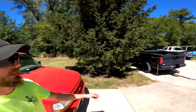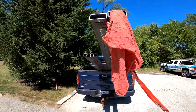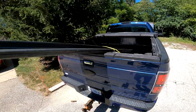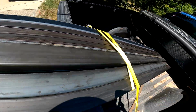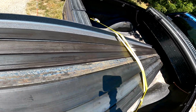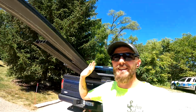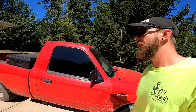What's going on, everyone? So we're working on the Red Ranger today because I went to go pick up some steel. Got a couple 14-foot, 1.5 by 3. What is it, 10 foot? Yeah, 10 foot, 1.5 by 3, 2 of those. Some 1.5 by 1.5 tube, some C-channel, and some angle. Now this isn't everything that I'm gonna need to finish this project, but it's gonna give me a good base and a good going, because